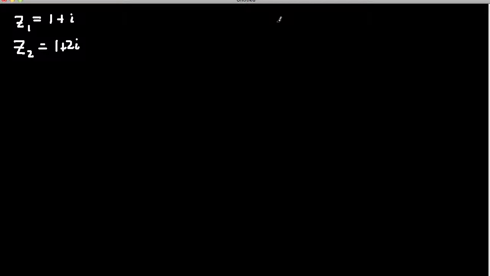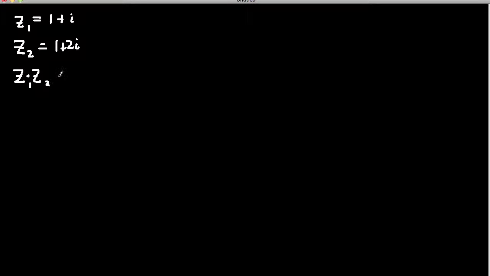Okay, I want to look at multiplying two numbers, first in Cartesian form and then in polar form, to show you how that works. Okay, these are the two numbers I've chosen. Z1 equal to 1 plus i, Z2 equal to 1 plus 2i. So to multiply them out, Z1 times Z2,